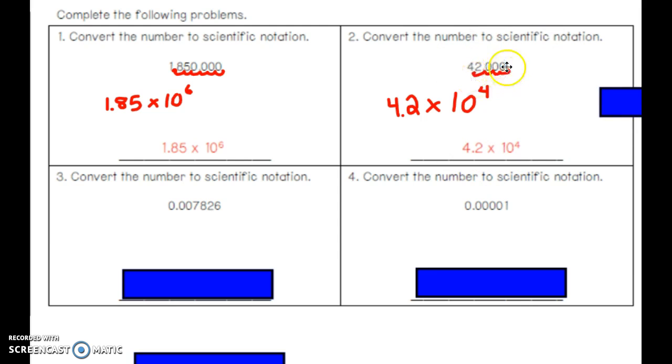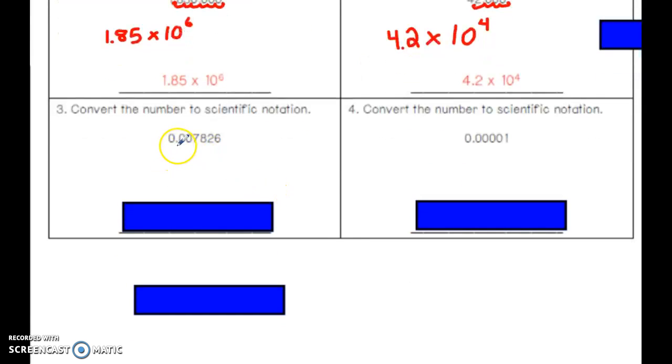This number was originally given to us in what's called standard notation. Numbers can come to us that are very, very small decimals like this one, but they also take up a lot of space. So what we're allowed to do with scientific notation is we're also allowed to move the decimal point to get it in between digits of a small, small number like this one. So the number that we create that's between 1 and 10 is going to be